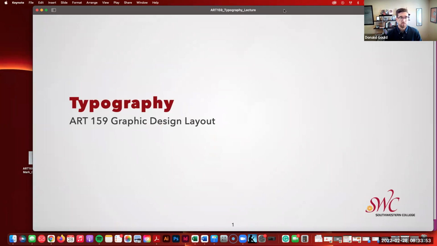Just a heads up, there is a full typography class, ART160, which we're teaching this semester. It's offered every other semester, within the structure of the programs, obviously within the graphic design structure. So it's a full class dedicated to typography. So we are simply scratching the surface here with this assignment, just looking at some of the basics and thinking about how we can utilize typography